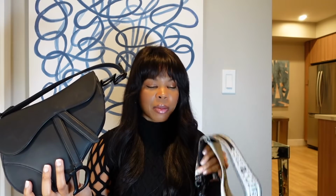And these bags are very pricey, and the strap itself, I believe, is like $1,500 that I paid. So when I paid for both of these together, it was at least $6,000 that I paid for these two pieces. And I'm really disappointed in myself in that because, again, I bought this sight unseen, and this bag